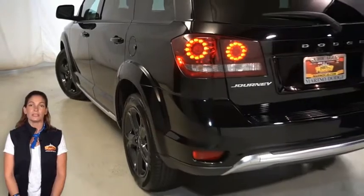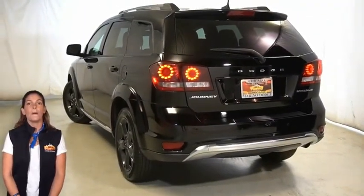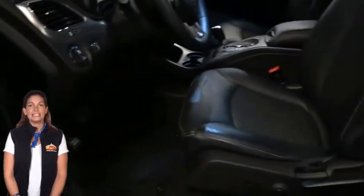black headlamp bezels, 19-inch black noise aluminum wheels, black tail lamps, power heated mirrors with manual foldaway, power 6-way driver's seat, heated front seats, heated steering wheel,